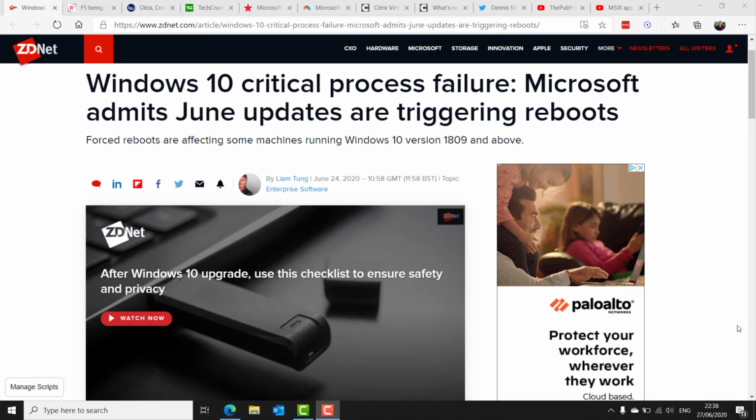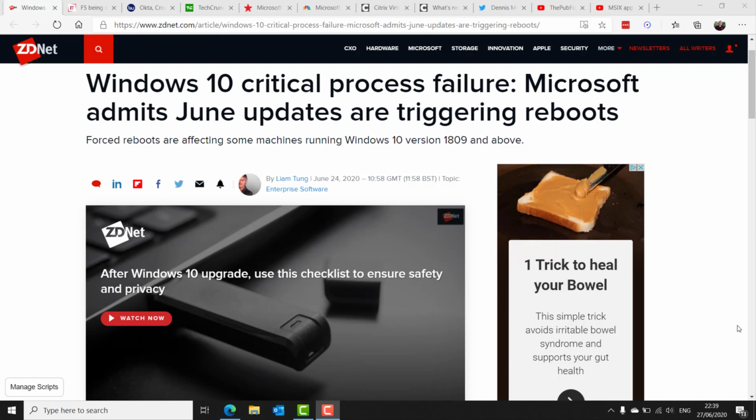The June Windows patches have been causing crashes and reboots due to a failure in the Local Security Authority Subsystem Service, also known as LSASS or lsass.exe. According to ZDNet, Microsoft noted that the June 16 out-of-band update, which fixed printers that had stopped working after installing the Patch Tuesday updates, is affected by the LSASS failure. Microsoft says it is working on a fix that will be delivered in a future update. It has not confirmed whether the LSASS issue affects earlier versions of Windows 10. So if you notice some phantom reboots happening while you're away from your PC, it could very well be linked to this.